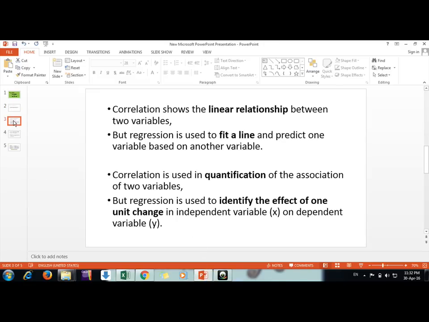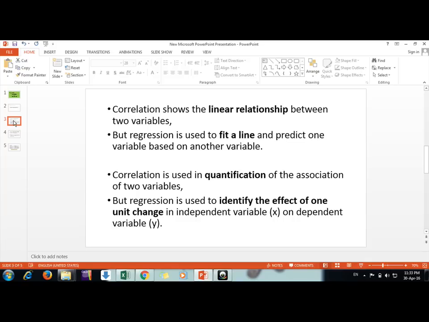So first, correlation. What is correlation? Correlation simply shows us the linear association between two variables. But regression is used to fit a best-fit line between these variables. Suppose we have two variables x and y, and we are using correlation. Correlation gives me a quantification of this association, but it doesn't fit a line.